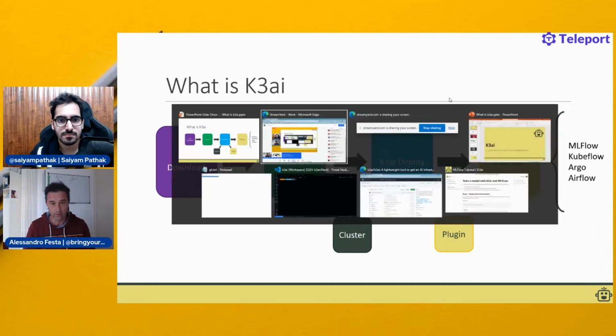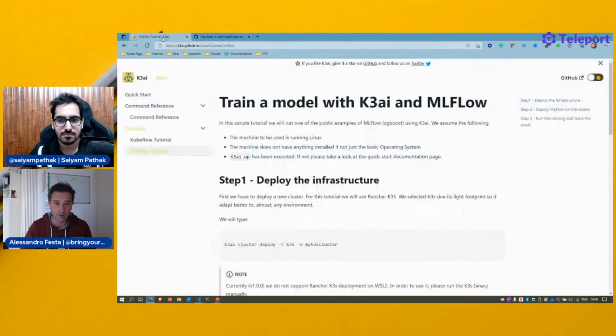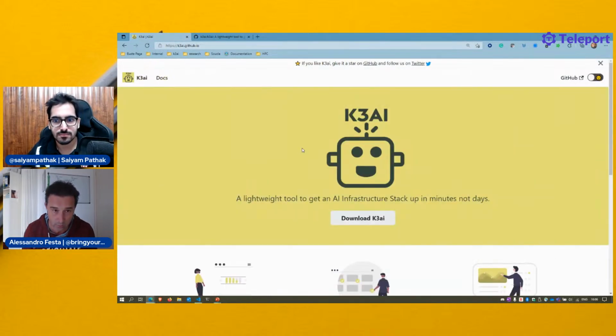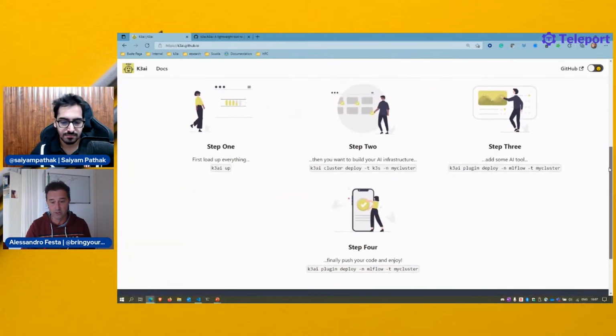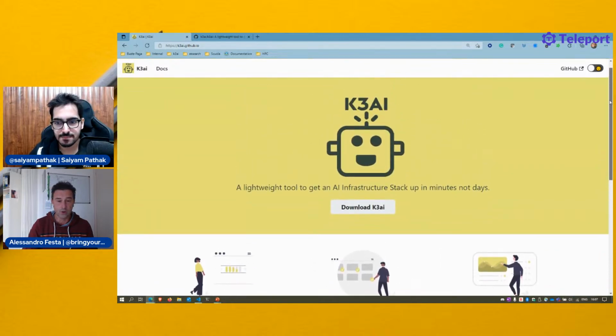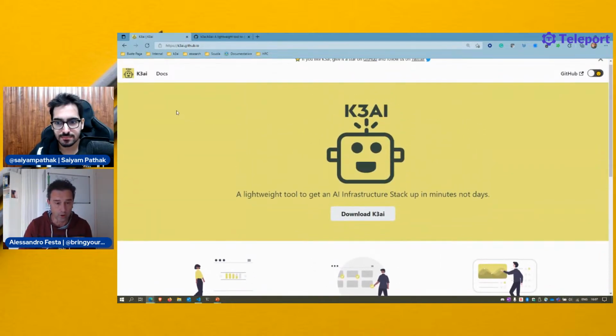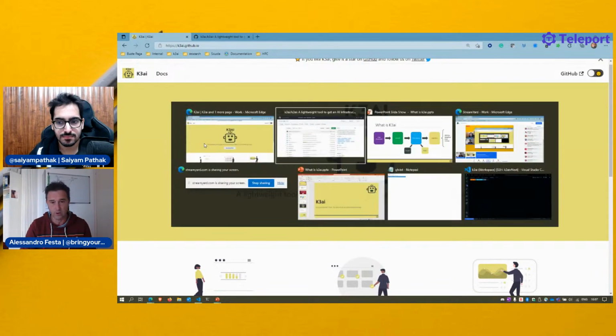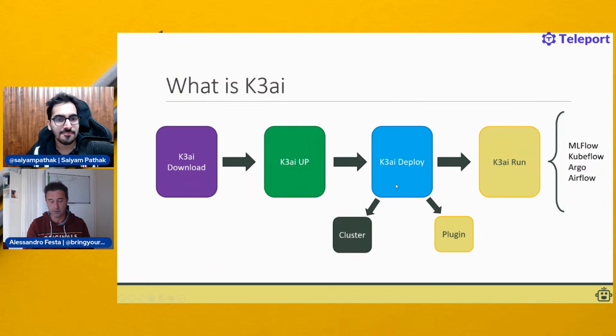And to help you even more, we actually put the K3ai steps on the website. So let me bring you the website. The website is even easier, k3ai.in. It will redirect to k3ai.github.io, but actually k3ai.in, and you get the same four steps there: K3ai app, deploy, run. So in order to show you how K3ai works, I will first give you the logic behind the scenes, what is actually happening and how we developed K3ai. And then finally, we will get into the demo.